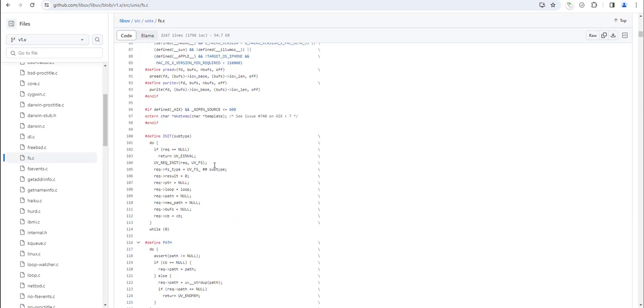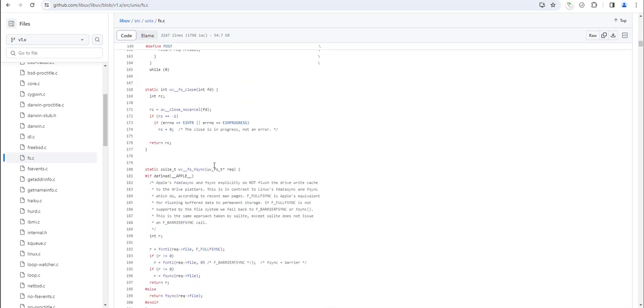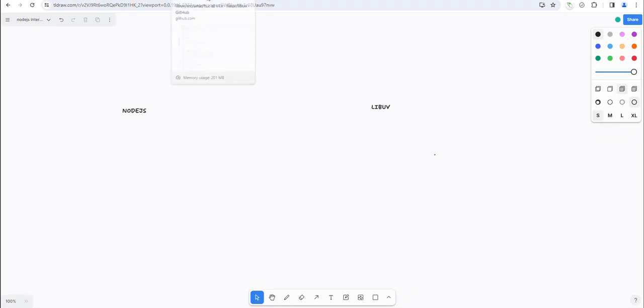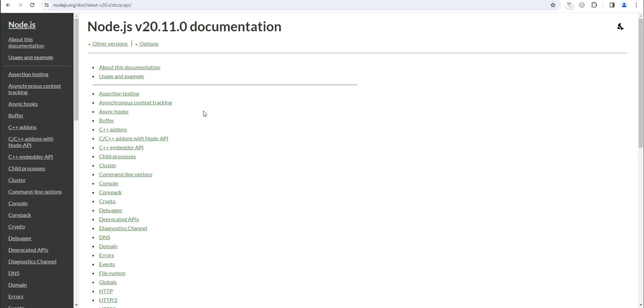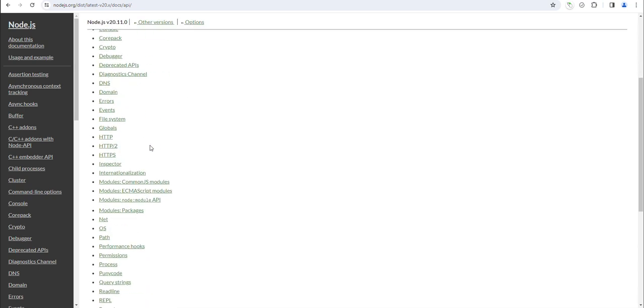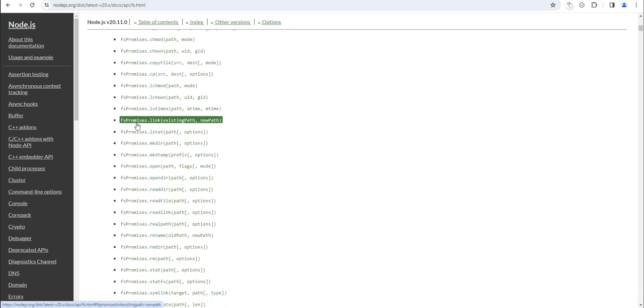Okay, so the way they do it in the video is that they take a function and try to track it all the way from Node to libuv. And we can do that. Now we take a look at Node.js and the API documentation. If we take a look, for example, at file system, we have all these different methods implemented for the file system,